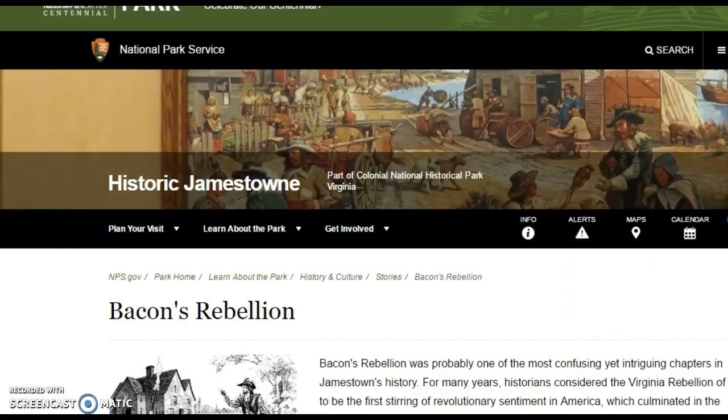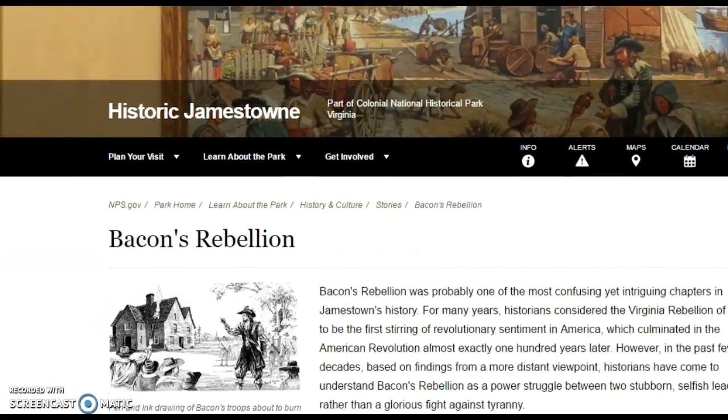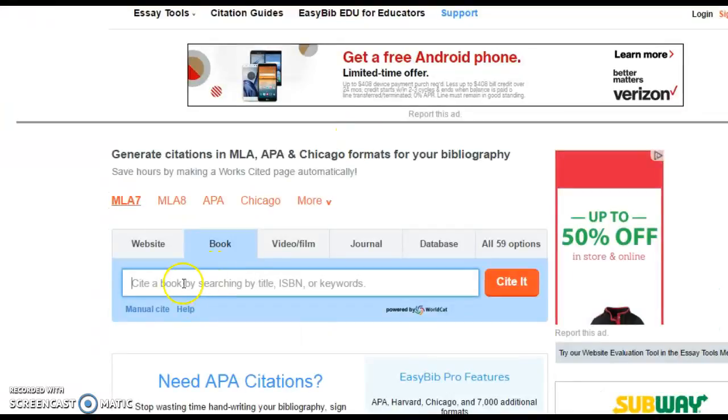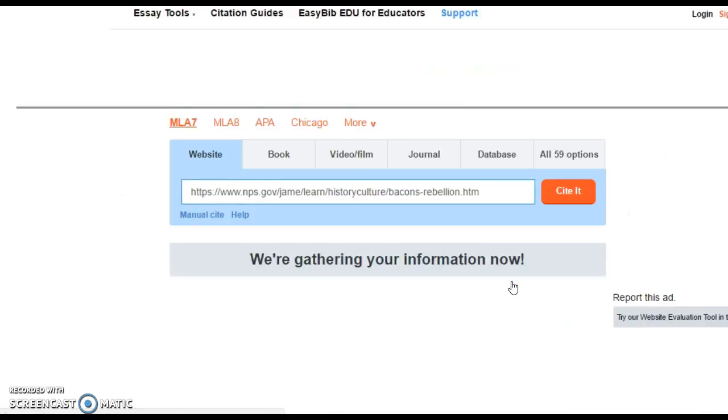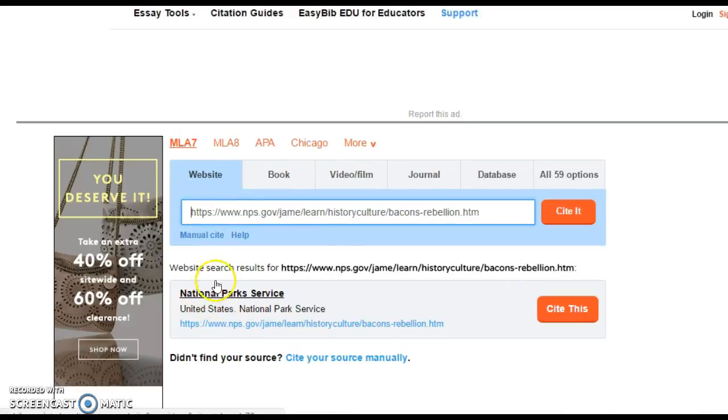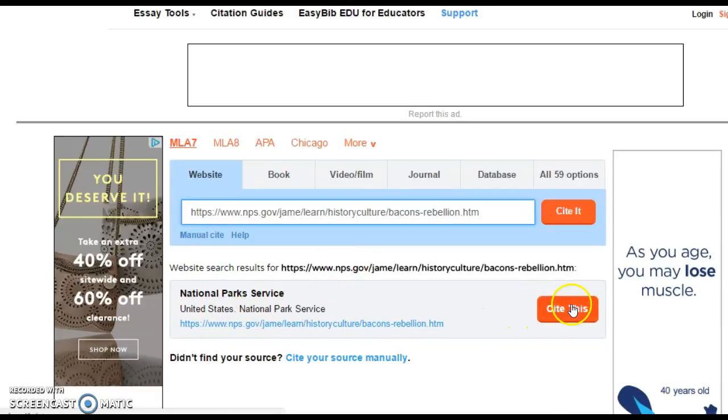So, for example, if my topic was Bacon's Rebellion, here's a website from the National Park Service about Bacon's Rebellion. I would go ahead and copy the website address and click on website and paste it right there, and then I click the orange button, cite it, and it's going to confirm that information. I'm going to click cite this,